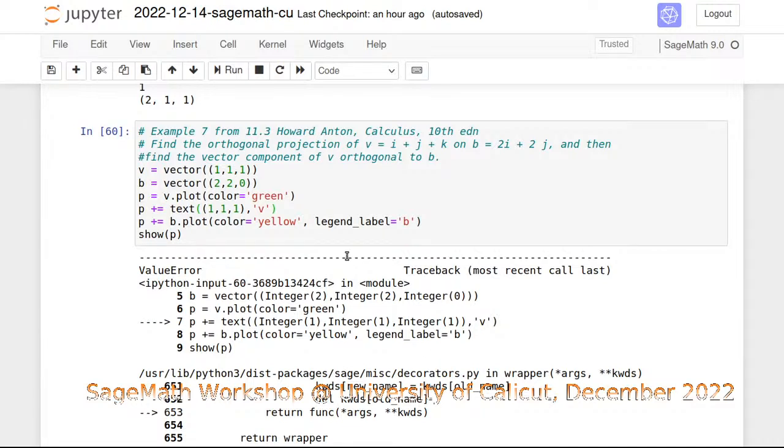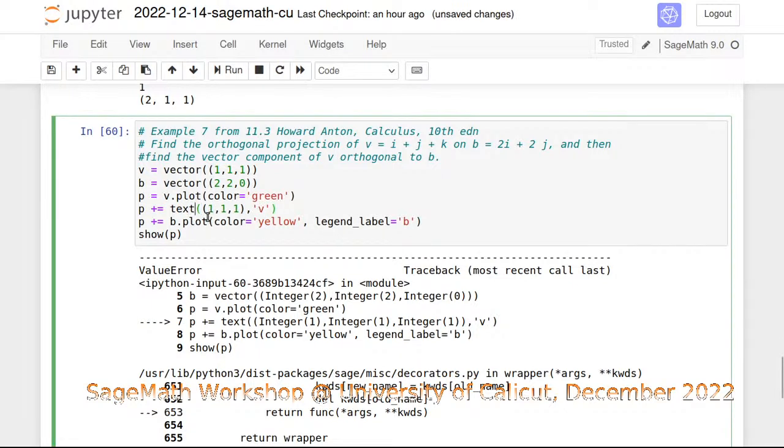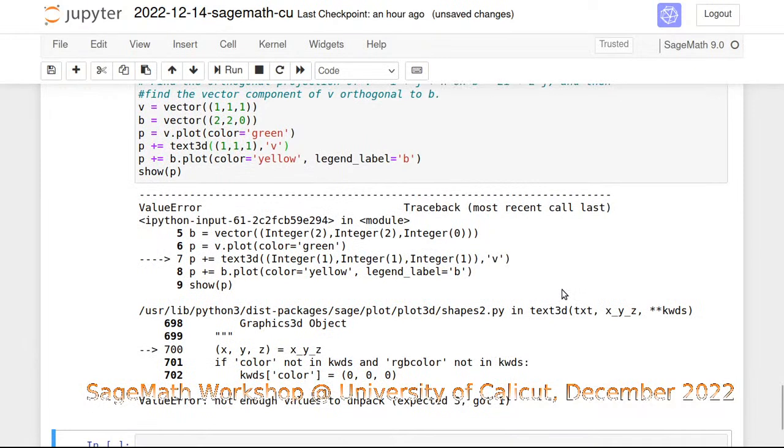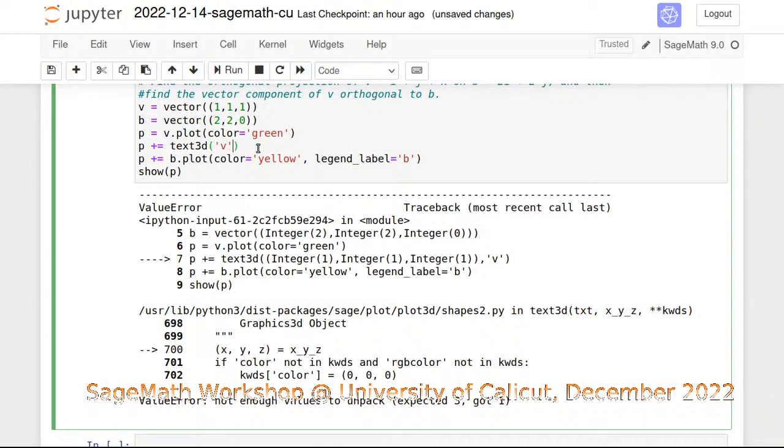Oh, I think I should use text 3D. I think that's what the documentation says, in 3 dimensions. Even in text 3D, I am supposed to put the text first. How I use the text first and the coordinate later, I don't remember. Anyway,